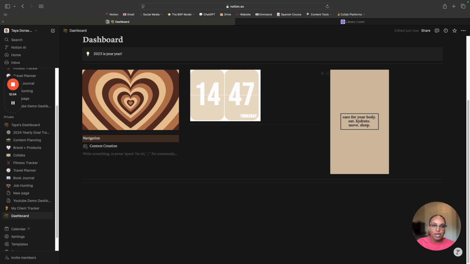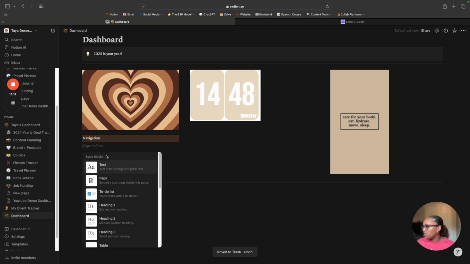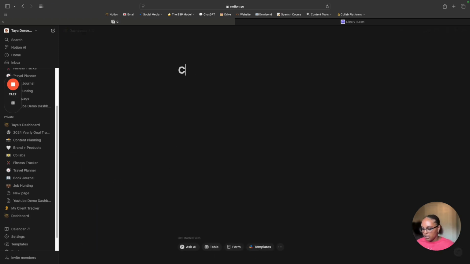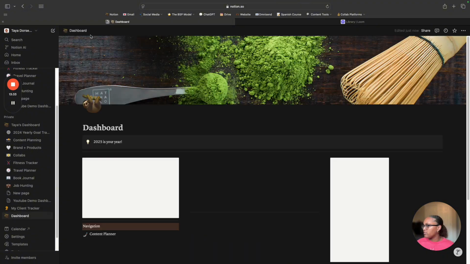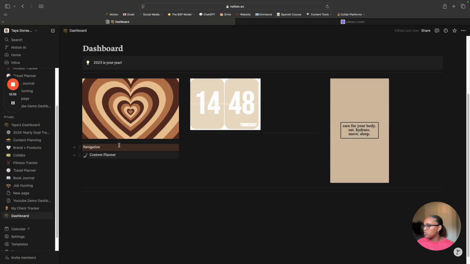Next is set up your content planner. This is where you'll plan out your content for the month, any projects that you might have going. This is where you'll literally keep all of your content. So I'm going to click page and then let's name this content planner. So then now if I go back to my dashboard, boom, content planner is here, and then I can just